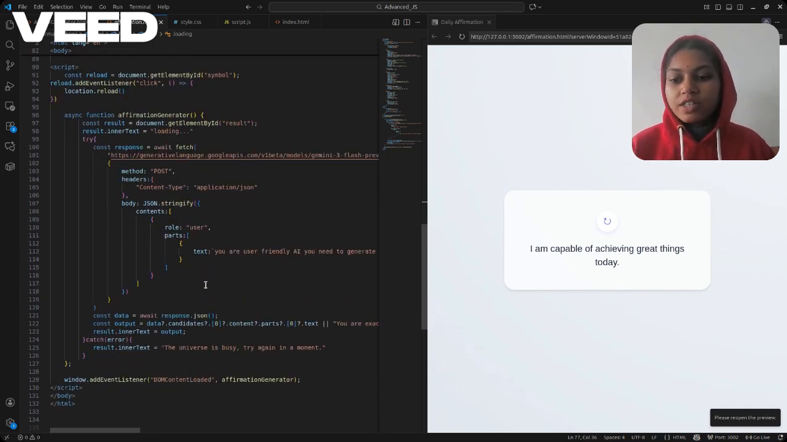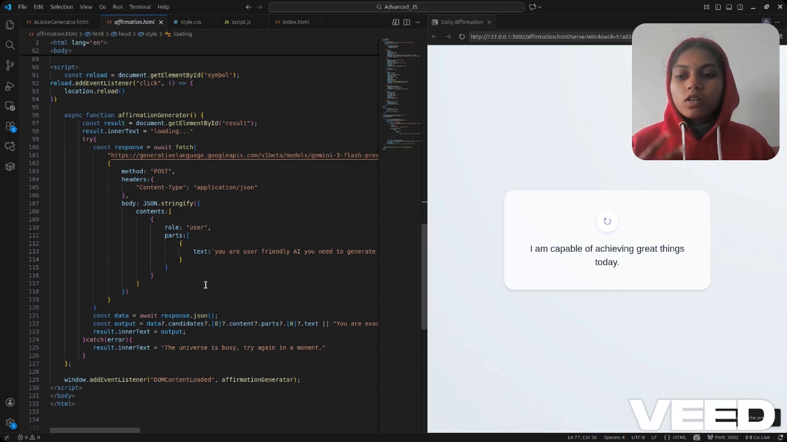After that I use the try and catch method. We use try and catch with async functions. The successful part of our code will go in try, and if some error occurs, it will go in catch. So inside try I have used